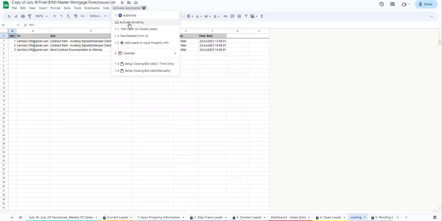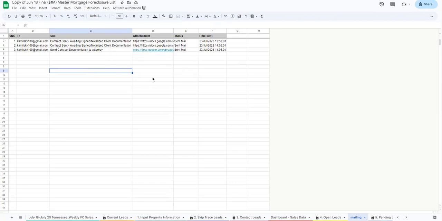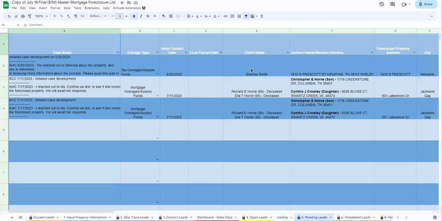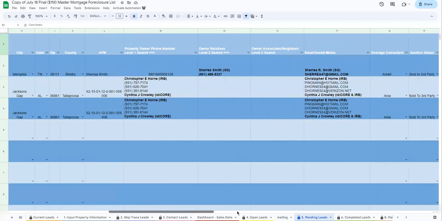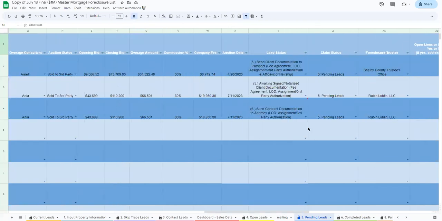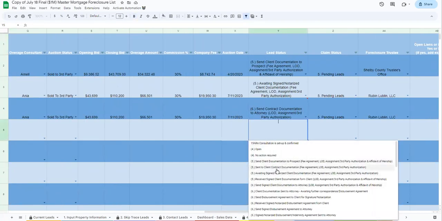To send an email, you need to activate the emailing part code, and please activate it through the account through which you want to send the email. If my email address is something and I activate it, the email will be sent through my account. Please do not do it through an account which you don't want to send email through. What it will do is, whenever you make a change on any of these sheets where the Y column is of your selection, which is this,